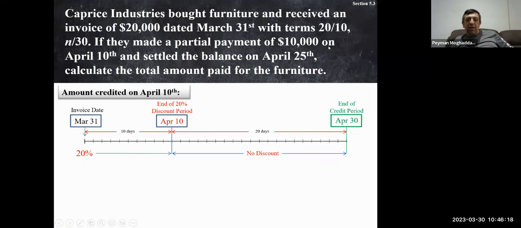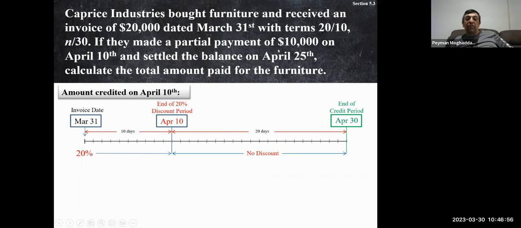Now the payment of $10,000 was made on April 10, right? April 10 is basically the end of the 20% discount period, so you get 20% on this. 20% from March 31st to April 10, and you have to pay with no discount at the end of the credit period. As I said, 20% is the discount period. You already paid $10,000, so $10,000 is your payment in the discount period,